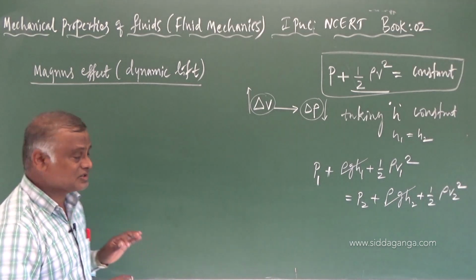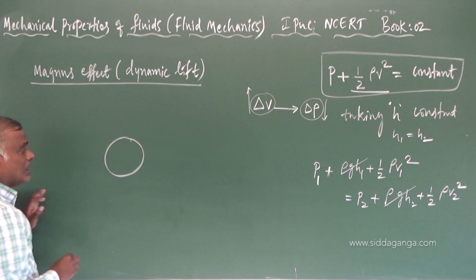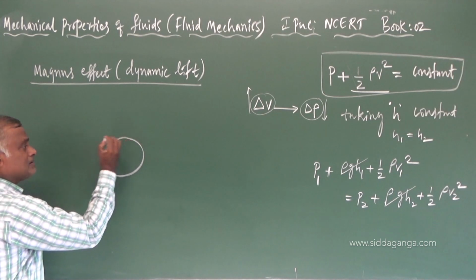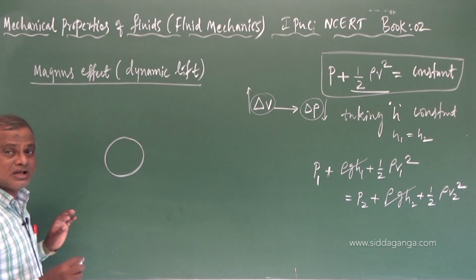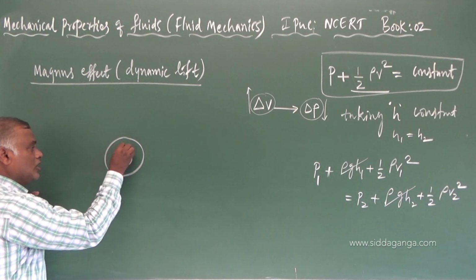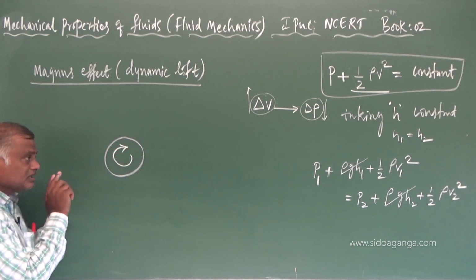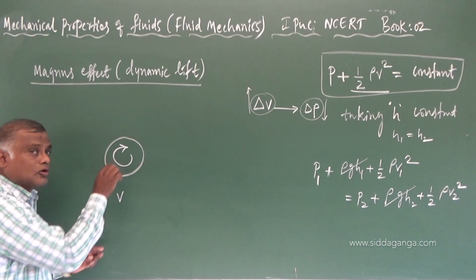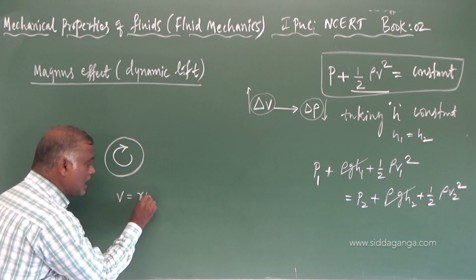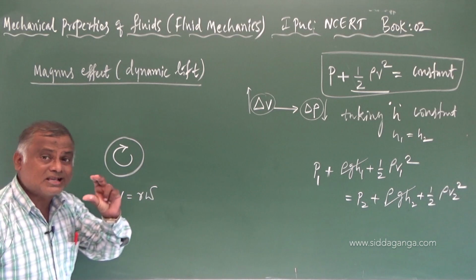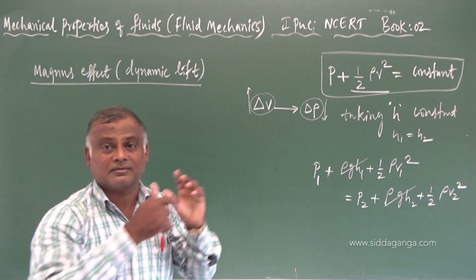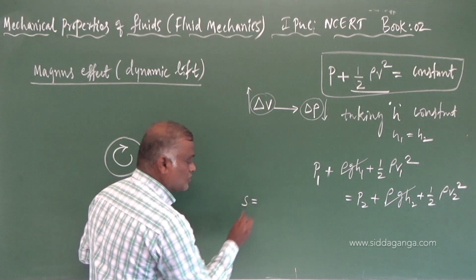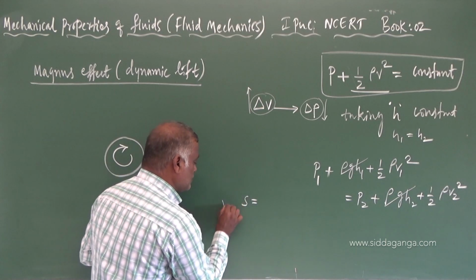To understand, my dear students, say a spinning ball, a ball moving with a certain speed. You must remember two things here. Let us say the ball is spinning in the right direction. And here the velocity of the rotating ball is given by the formula r omega, where r is the radius of the ball and omega is the angular speed. In case of linear speed, velocity is equal to distance by time.